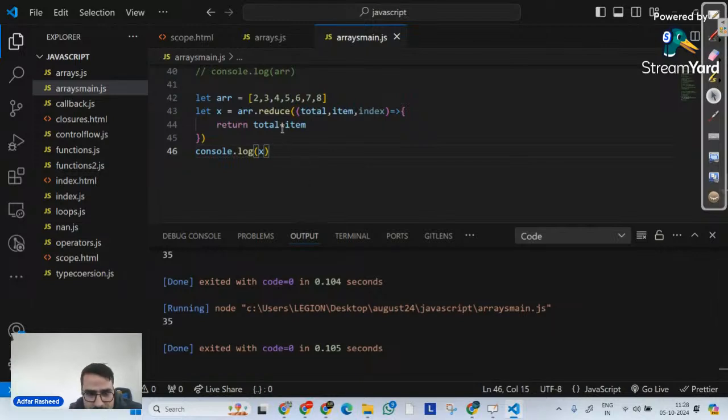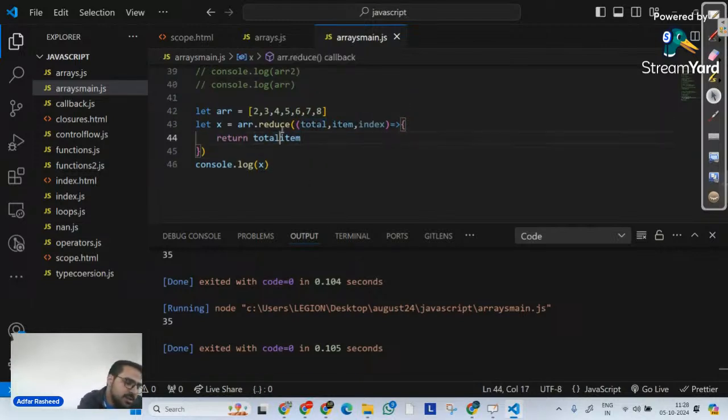But what if, instead of total plus this, I put multiplication here? If I put multiplication over here, what does that mean? Does that mean the initial value of total is going to be zero? No, it cannot be. Because zero into anything is going to be zero, no matter what. But over here, JavaScript automatically knows it has to be one, and that's why it will multiply it with one. So initial value of total is one.